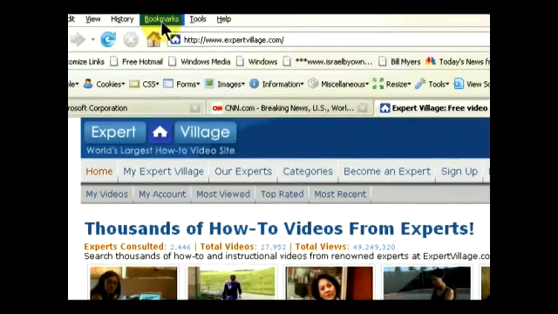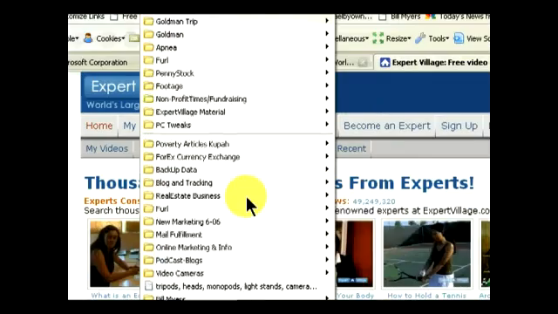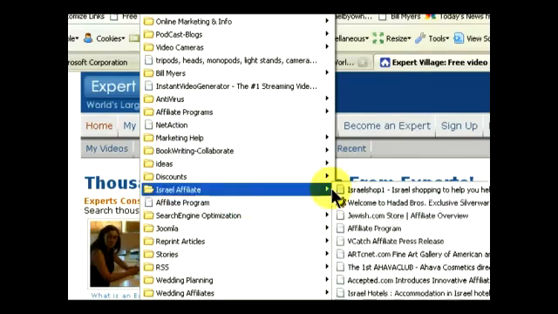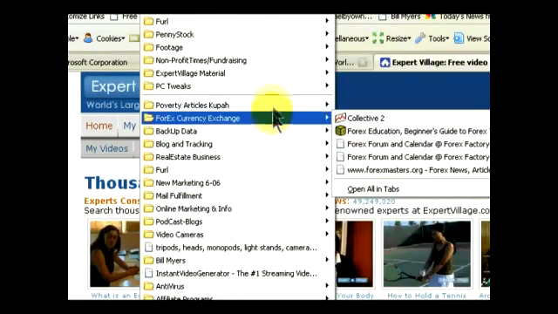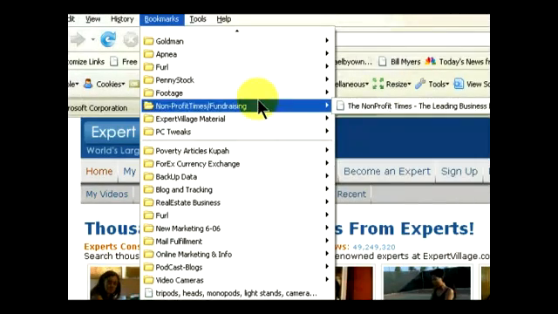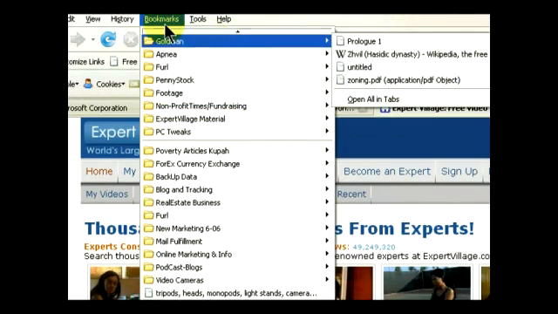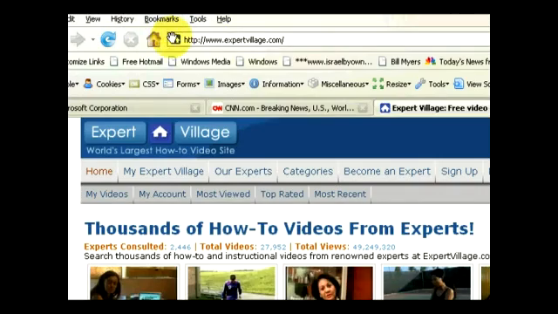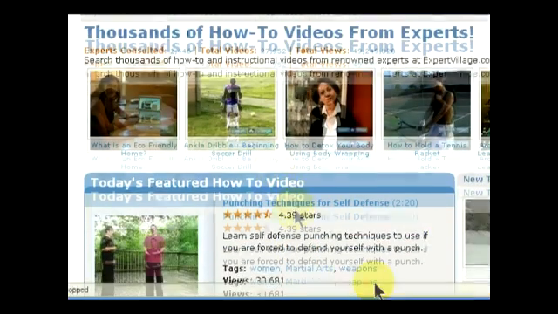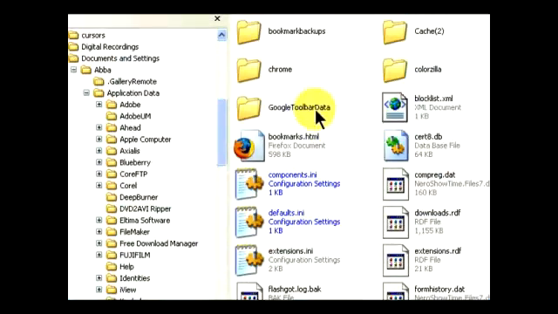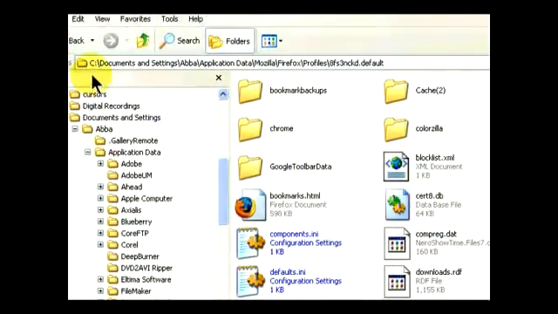You how to save all your bookmarks in one file that can easily be loaded into a new installation of Firefox in case anything happens to your computer. You want to save that file so you can load all your bookmarks. Go to Documents and Settings,